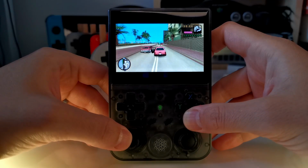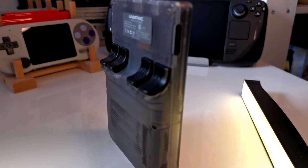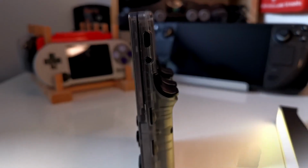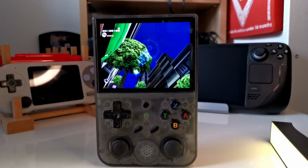However, if we start looking at the shoulder buttons, things start getting a little bit more awkward. Vertical consoles were never designed to have shoulder buttons on there, and any design that we see with them, although it's really ingenious, it just doesn't feel right, and your fingers inevitably are cramped. No matter how comfortable you can feel using the analog sticks, your fingers are always going to cramp just trying to reach around and press the R2 and L2 buttons in those strange positions. And this for me is a huge